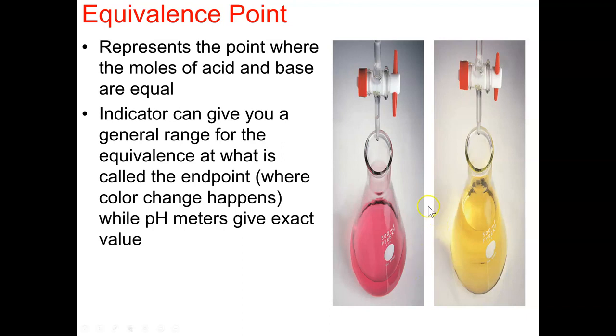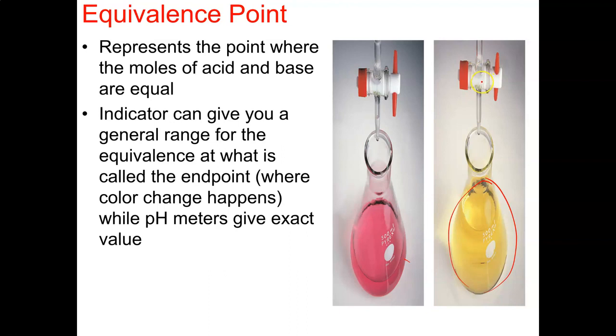Because what ends up happening as you add your base or acid to the solution, it'll change color to yellow for a second, go back, change, go back, change, go back. When it stays permanently yellow, that's when you reach your endpoint. In this particular situation, your pH will be somewhere between where this change occurred. But because you don't have a pH meter in this experiment, you're going to have to go with whatever this is. Whenever this changed color permanently, you're going to calculate the volume that you added using the buret readings we just saw,